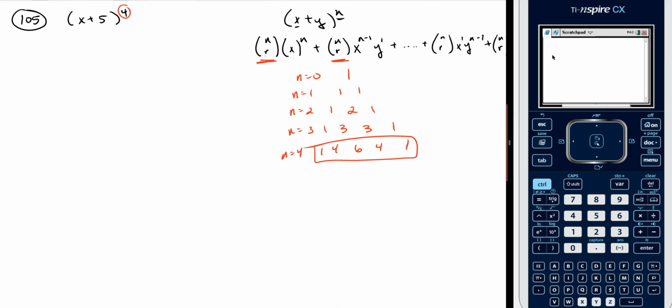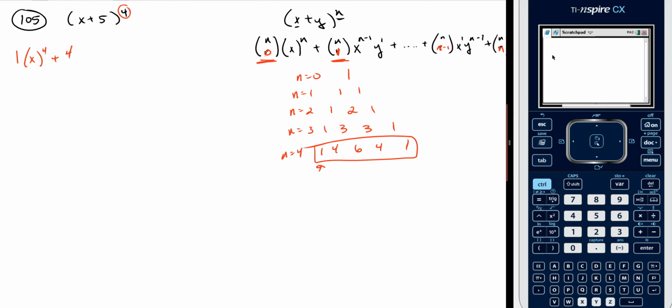So really it's n choose 0, n choose 1, n choose n minus 1, and n choose n. Okay? So for my expansion here, x plus 5 to the 4th, I'm going to have 1 for my coefficient from the table times x to the 4th